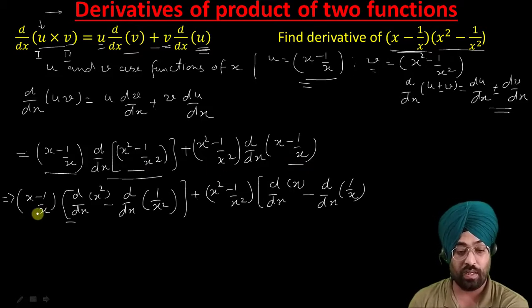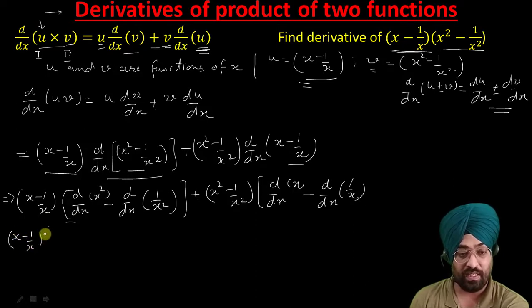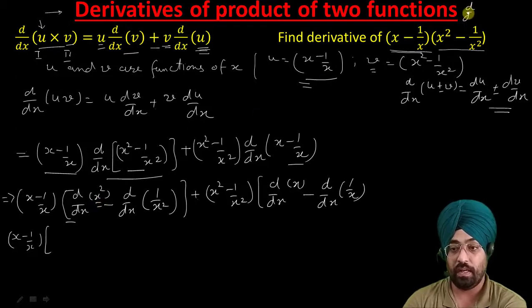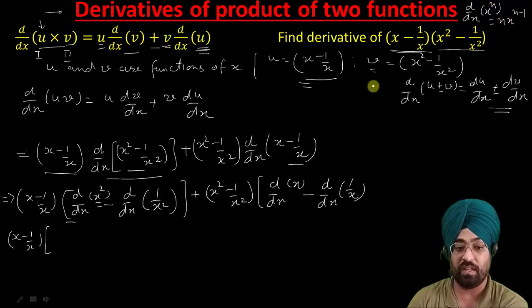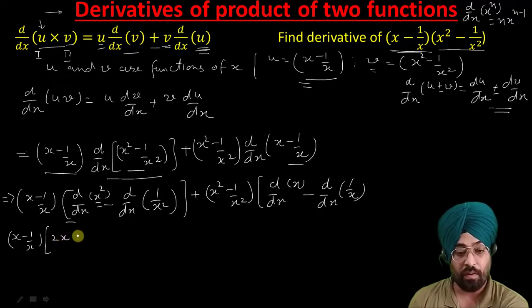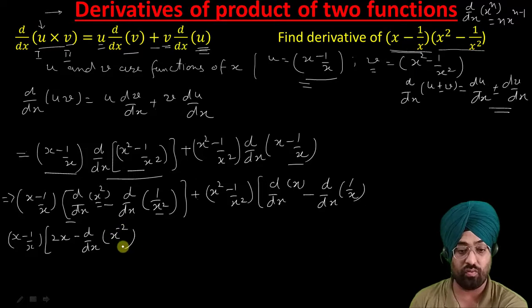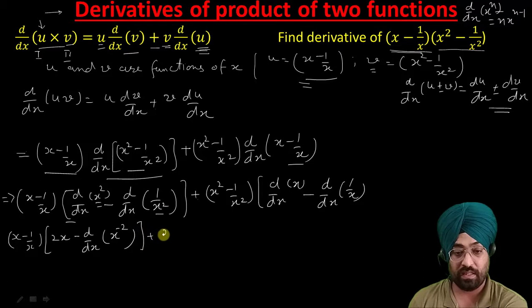Now let us try to do the differentiation. So it can be written as x minus 1 by x as it is, then the derivative of x square. So we will use this formula, dy by dx of x raised to the power n is equal to nx raised to the power n minus 1. So it is 2x, since 2 minus 1 is 1, so 2x minus dy by dx, so we will keep as it is. So if I write 1 by x square as x raised to the power minus 2, because now we can apply this formula. So I will do it in the next step, plus x square minus 1 by x square as